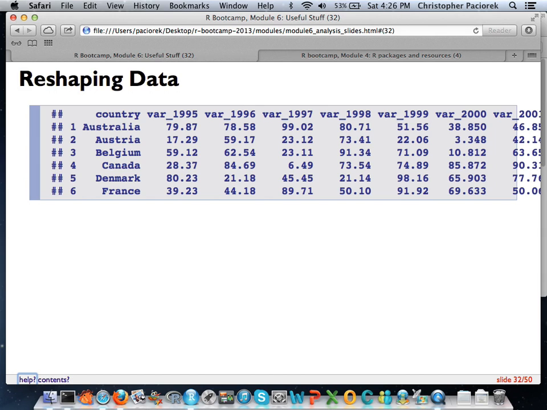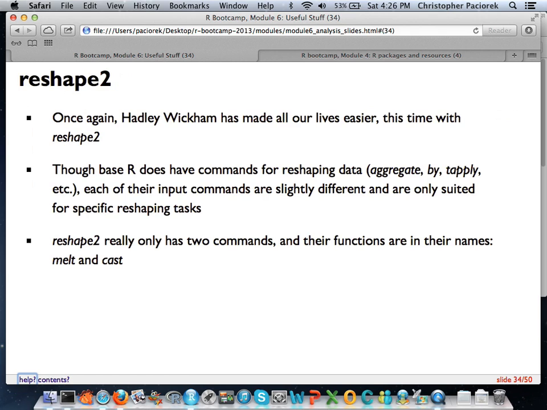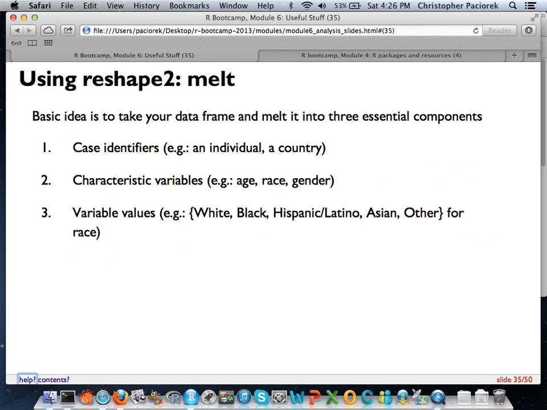And the complete reverse of that is if you have this melted object, you might want to cast it. I don't know exactly why you would want to, but maybe once you had this melted data set, you would want to put it right back to where it was. Maybe you messed up the first time or something like that. But it has this cast function as well. So I just want to show you basically how you would work with both of these functions.